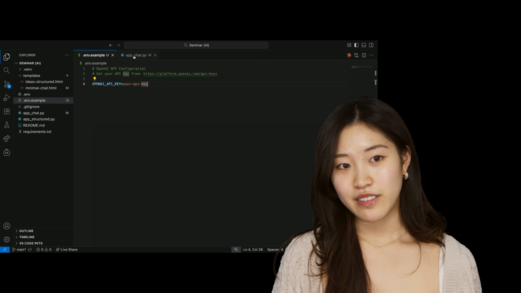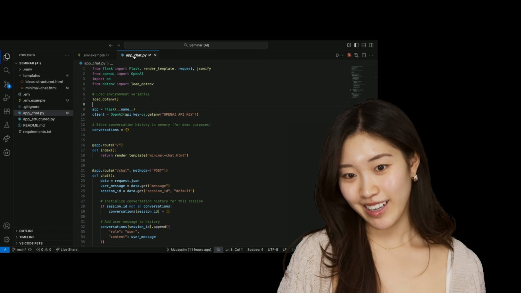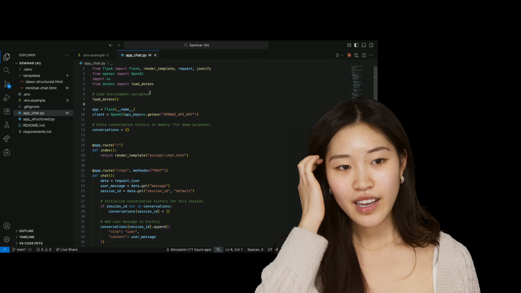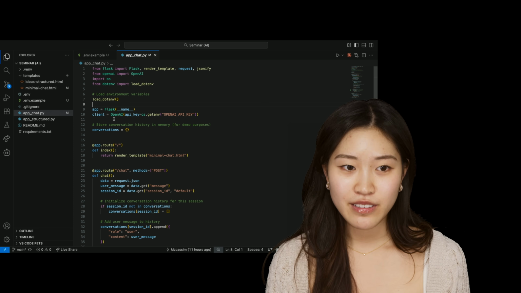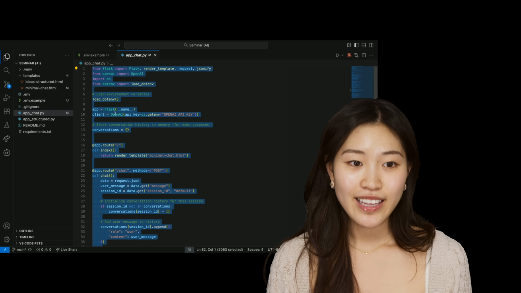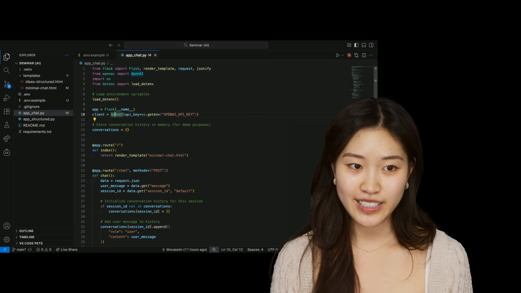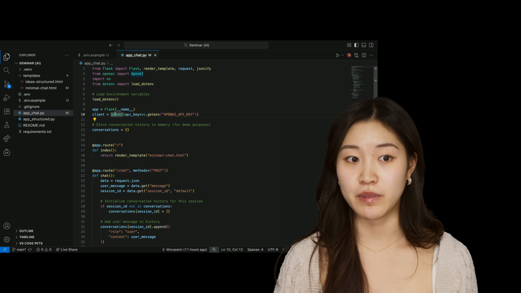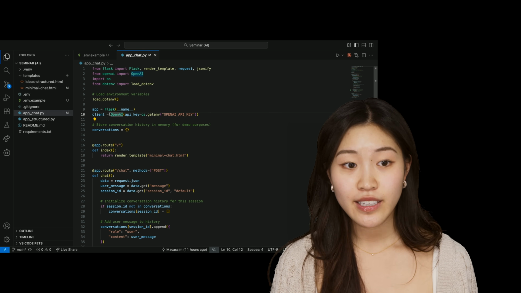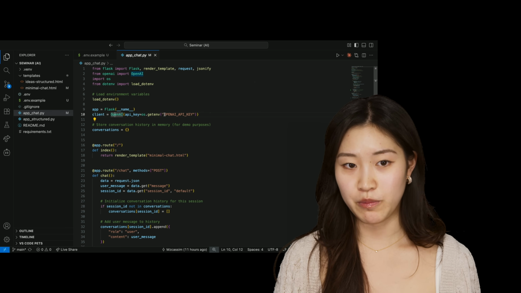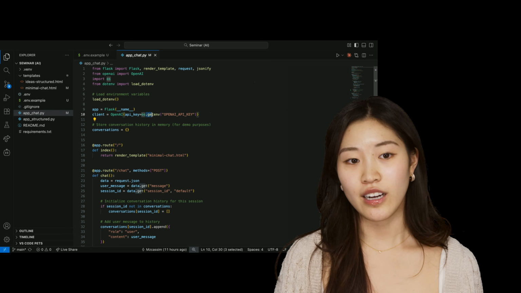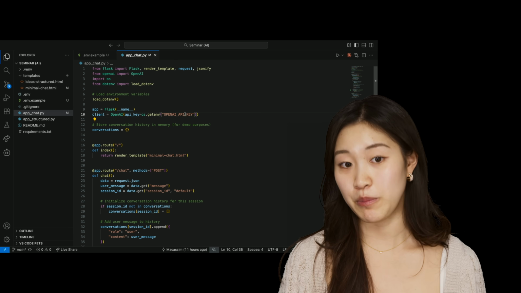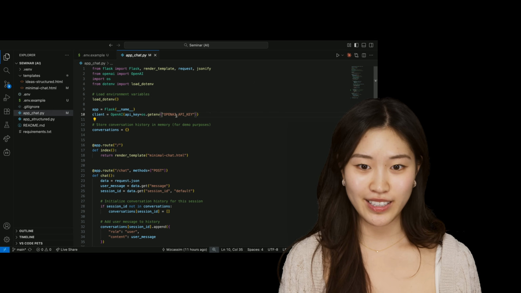Next, I'll make my way to app.py, and this is where most of our code logic is happening. And I want to point out this specific line, line 10. This is where we're calling our API key. Note that the syntax might change, so it's really important to keep track of documentation. But as of today, this is how you reference your OpenAI key. You would use the .getenv to be able to reference the .env file to get your OpenAI API key.